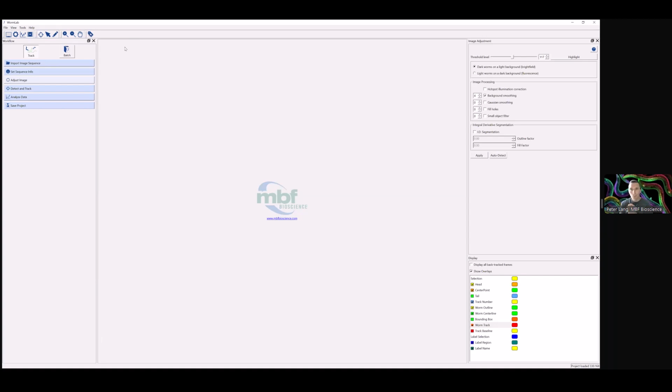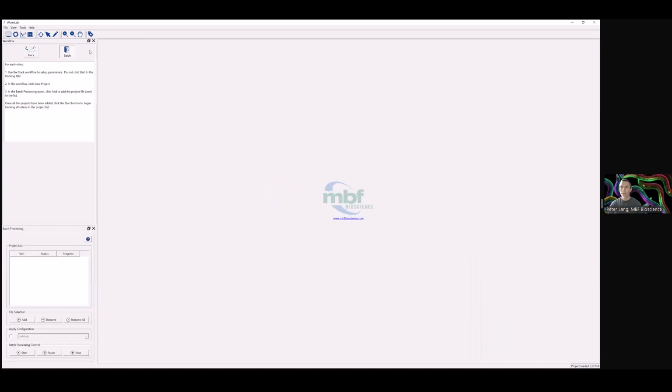So what I'd like to now do is switch over to our other workflow known as our batch workflow. So this is very simple, but it is a way for you to become more efficient with your worm tracking assays and analysis. So as you saw, we went through this process of setting up a project file for tracking and then actually doing the tracking. Well,